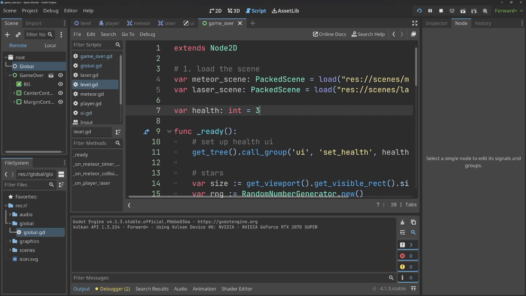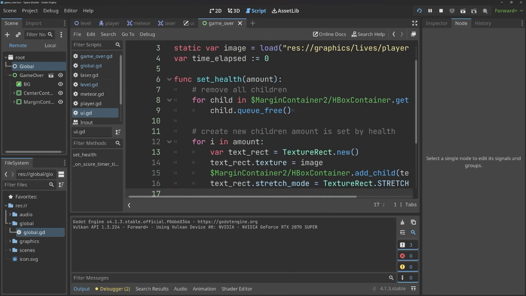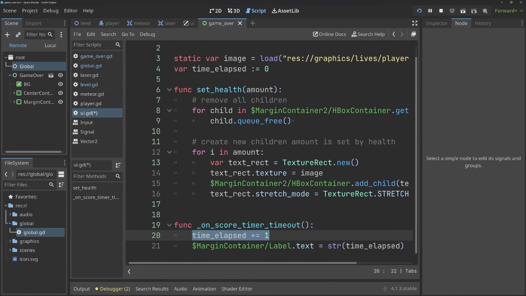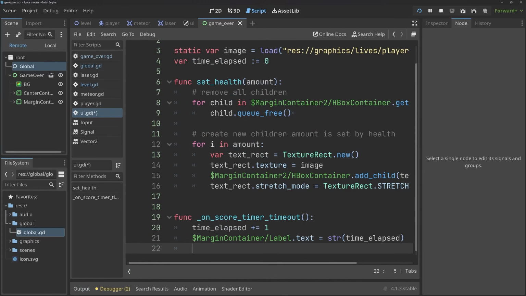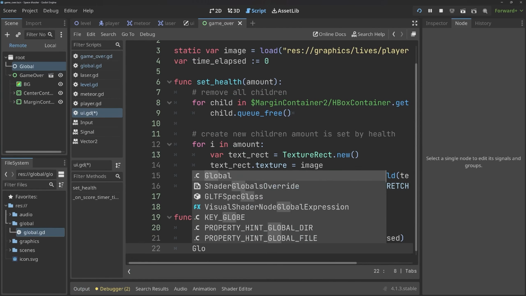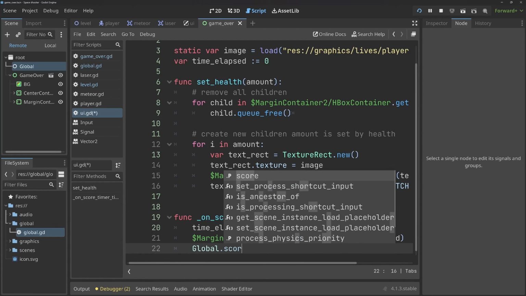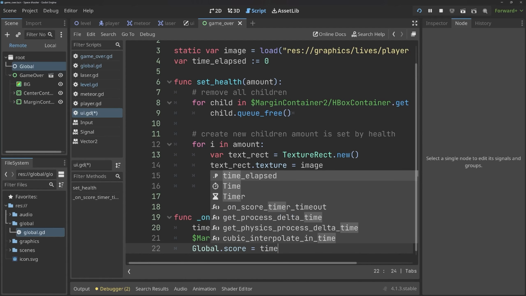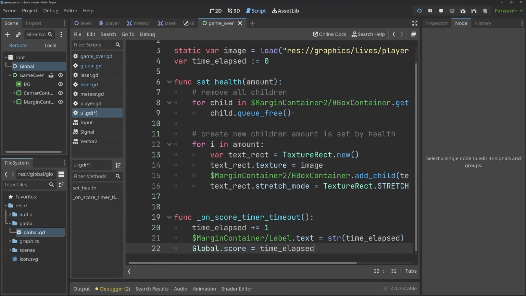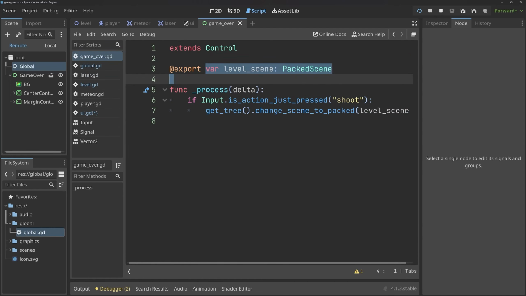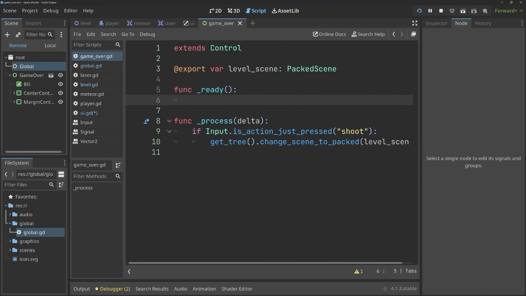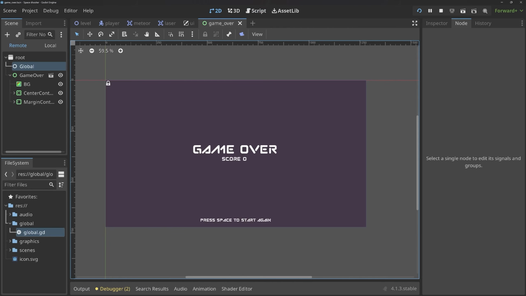Which means inside of the UI, when we are increasing time elapsed, I also want to increase the score. And for that, we want to go to global and then get the score, and simply set this to the time elapsed. After that, inside of the game over script, when this scene is starting, meaning in func _ready, we want to update